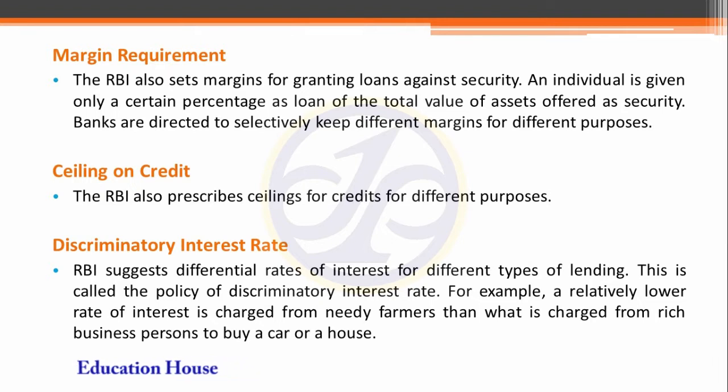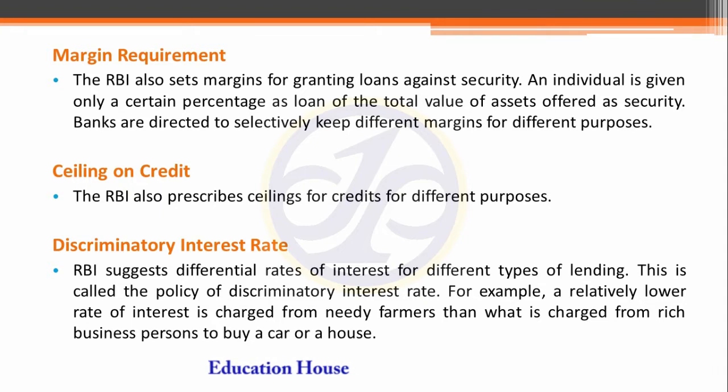Number two is margin requirement. No bank can give a higher or excess loan than the margin decided by the RBI. For example, if a person wants to take a loan against their house, then the bank gives only 50 or 60% of the house's value as a loan, because if the person does not pay this loan, the bank can forfeit their property and recover or repay their debts. That is why a margin is required.